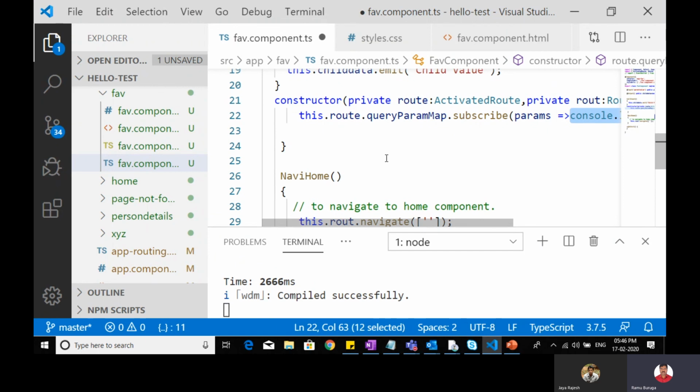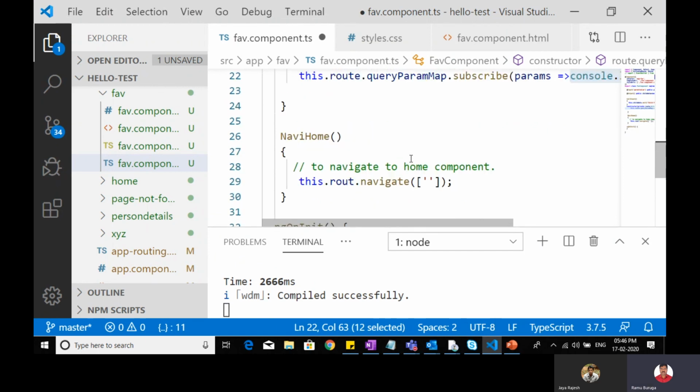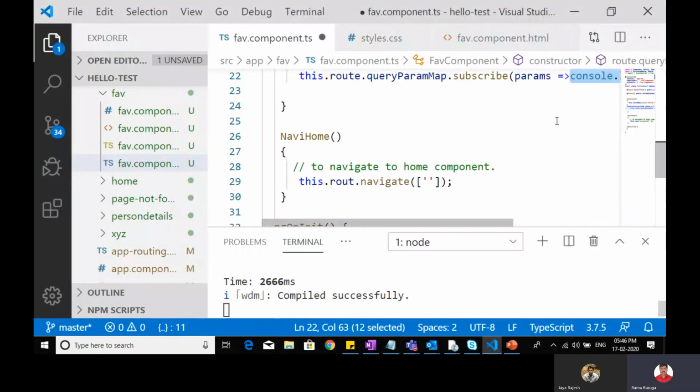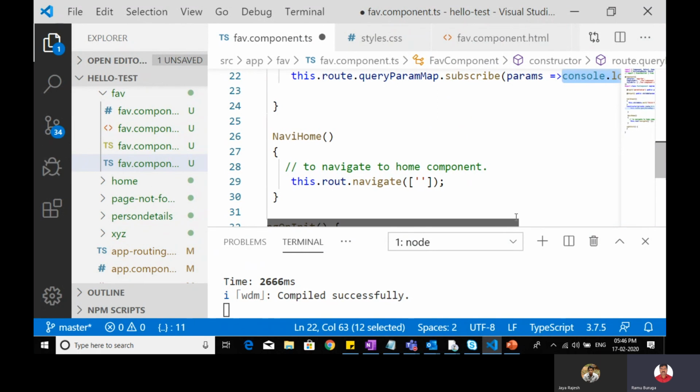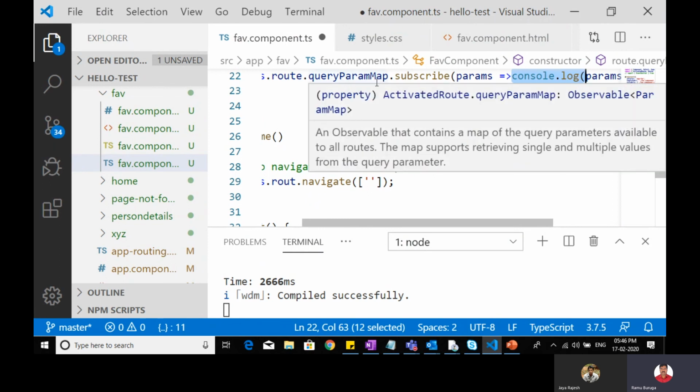Okay, it's fine, right? And one more thing. This is the way we can read the value and show it. There are some other methods also in the query param. Now we are reading only one variable at a time. To read multiple variables at a time, there are some related methods, like query params map. You can check and explore them.